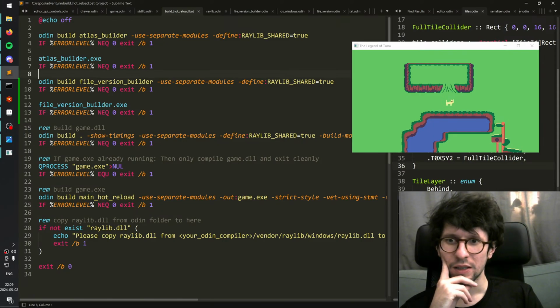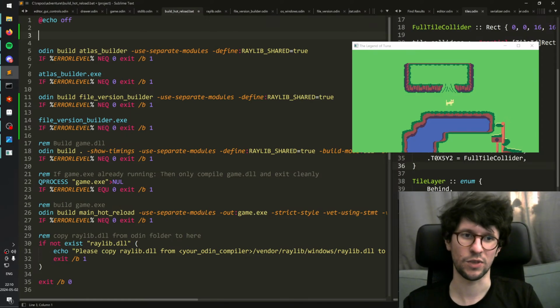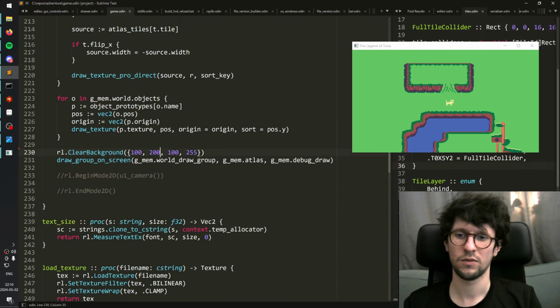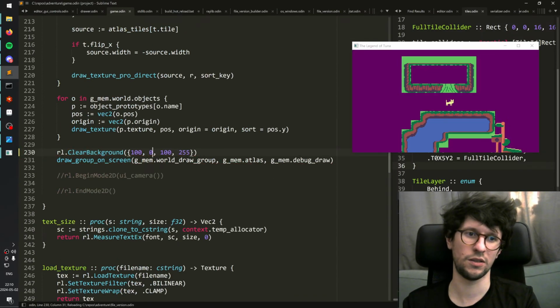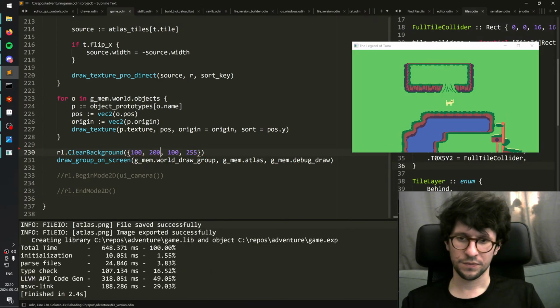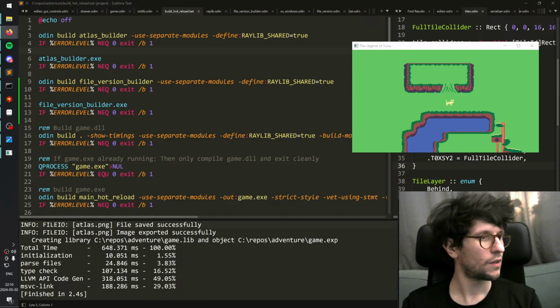Let me maybe just first do a thing where I don't rebuild the atlas when I change the code, because that will make it faster, because currently we have that and it's slow. So let's just, how do I in a batch file add a check